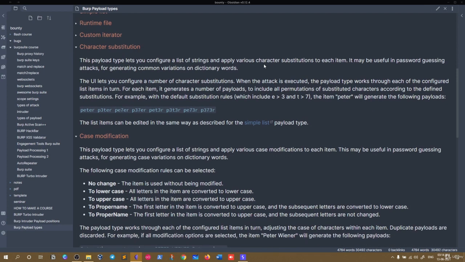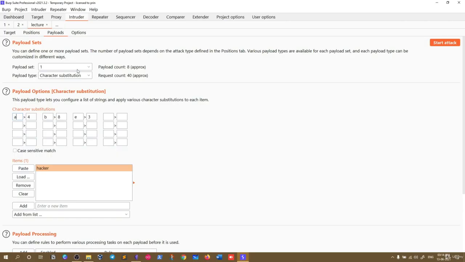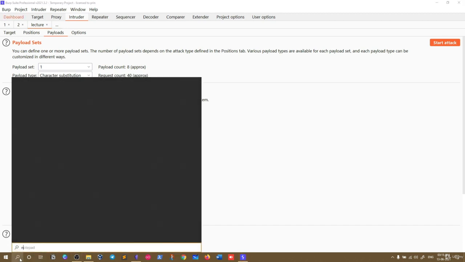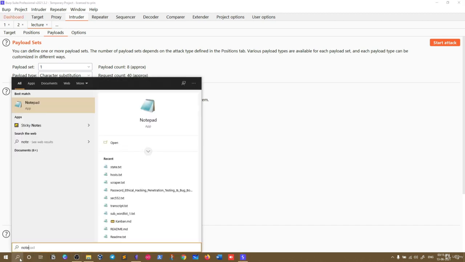So we will be using a live example. Okay, let's move on to Burp Suite. So let me show you. First of all, let me show you what character substitution is. Some people can be confused about this one. So let's suppose